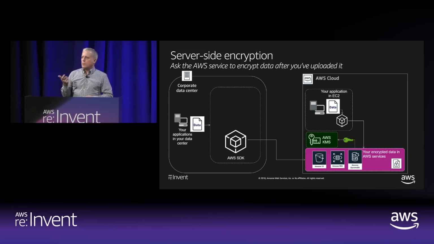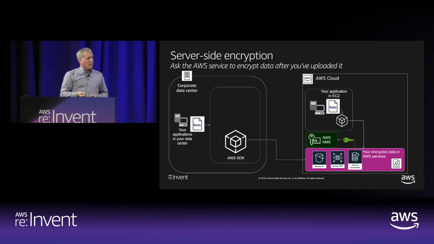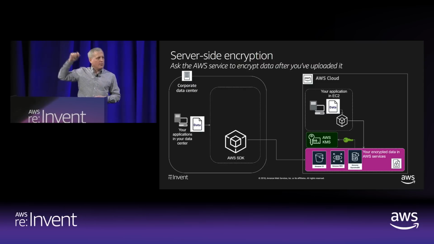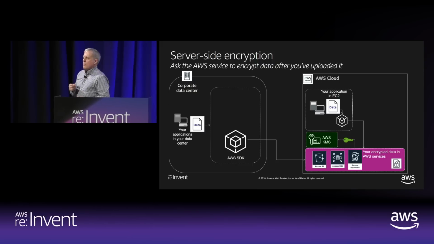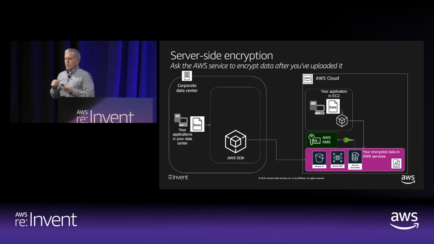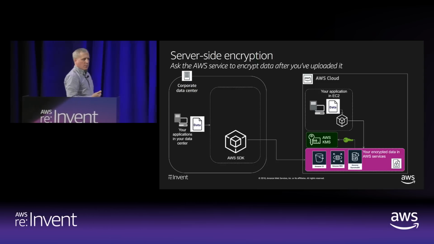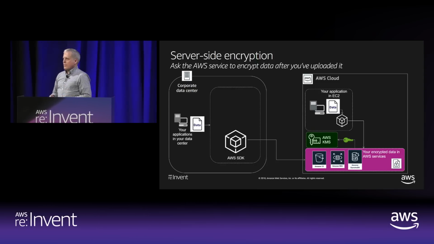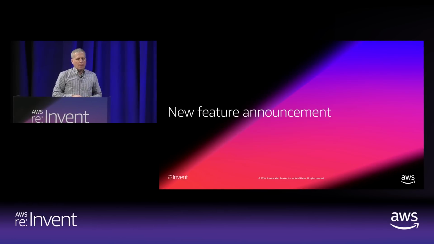And you pass the specific CMK key ID to that service and say, make sure that when you encrypt this data, the data key that's being used is encrypted under this CMK, because I have defined access policies on that CMK, and I want to ensure that only the correct people are able to write data into this bucket or read data from this Dynamo table. So you're allowing the AWS service to act as a proxy, passing your cryptographic identity to the place where the key exists to cause it to be used.